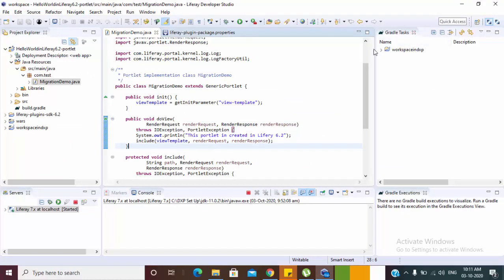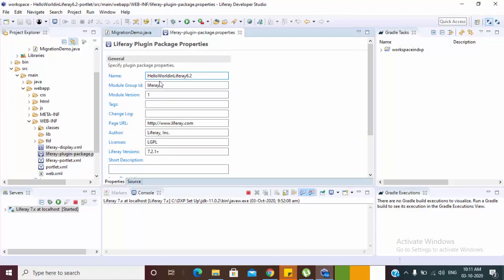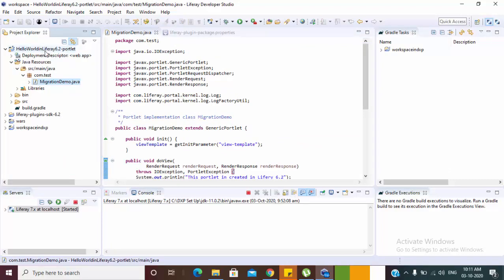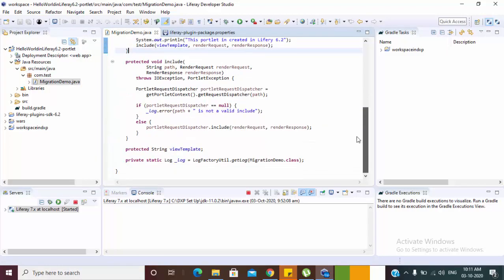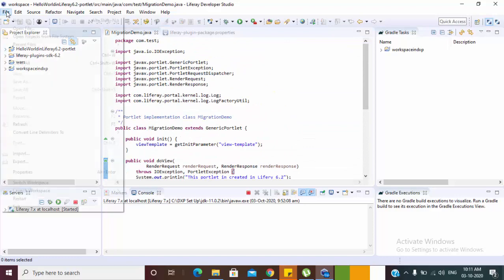The second thing, actually we are not using OSGi properly because we have these XML files, and we already know that in OSGi we have all the annotations and all the things. So today we will try to migrate this project and use the annotation based OSGi properly. So we have this kind of file in our 6.2 project, so we try to migrate. For this, let me just create a new module project.